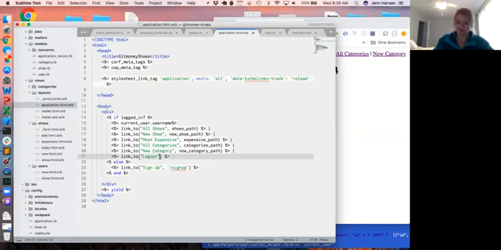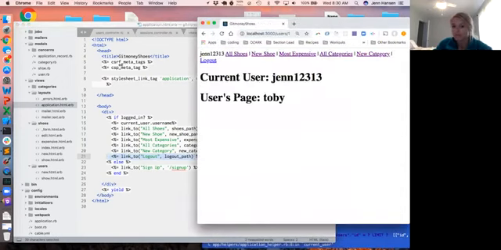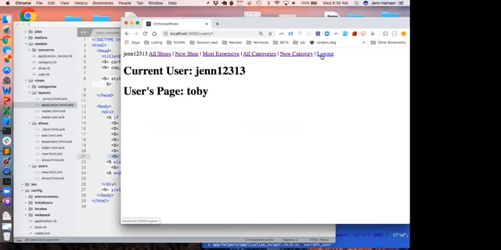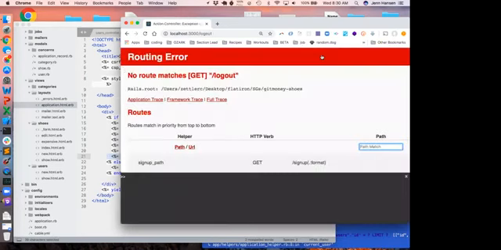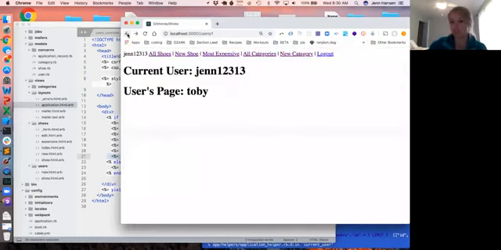This one's going to be a little bit different than most of our others. And I'm going to do it wrong the first time, just because this is a really normal error that I see most people get. Most people will just write link to logout path, because we saw that that was a helper we could use. We will now have the link. When I click on the link, does anyone have a prediction about the error I will see? It's okay if not. Like an error, like no get path to log out, because you're trying to get, yeah. Great job. Yeah, so it's still making a get request,